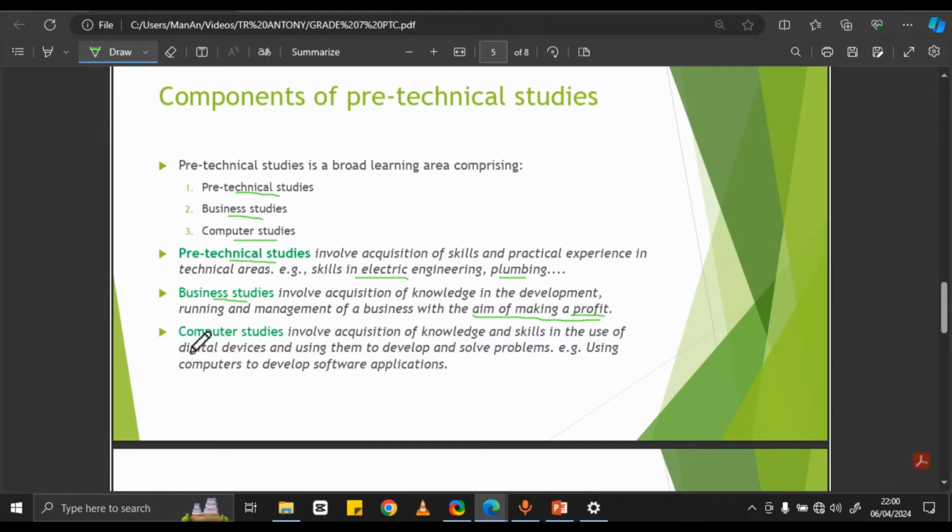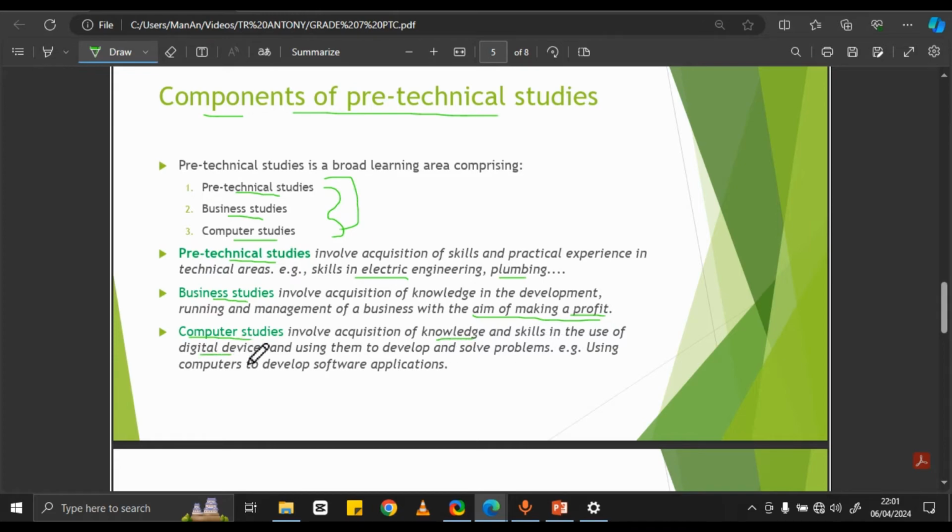Then another component of pre-technical studies is computer studies. Okay, remember these subjects, these learning areas, they were independent, but now with the new rationalization, pre-technical studies will involve these three: pre-technical studies itself, business studies, and computer studies. Which are the components? Okay, so computer studies or computer science involves acquisition of knowledge and skills in the use